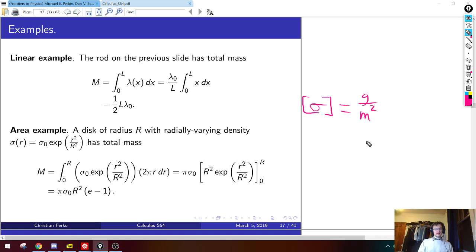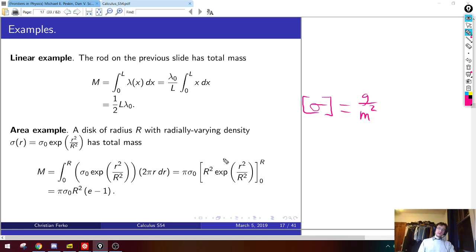Is this only meaningful when it comes to integrals? No, this is a totally meaningful quantity physically as well. Like if you have a sheet of paper, you might approximate it by saying that the sheet of paper has some density per unit area, right? And then you cut out some area of the paper and weigh it and say, okay, that's going to give me its area density. So no, this is used. This is a useful thing. This comes up quite a lot.